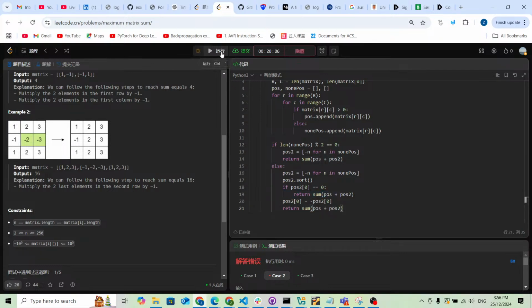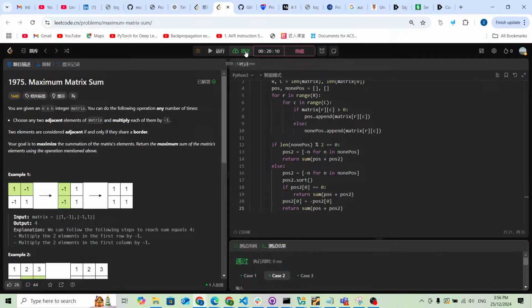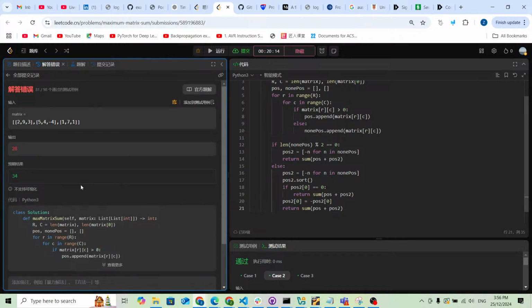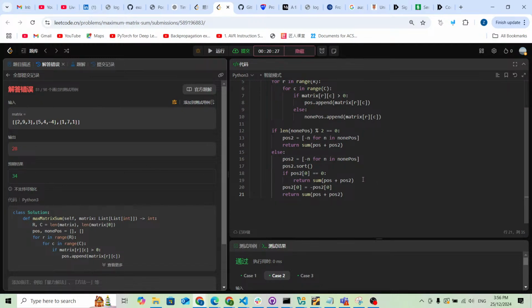Yeah. Now let me just run it to check if it works. Now as you can see, it works. Now let me just submit it to check if it can pass. Yeah, in some cases it didn't work. In this example, I think I did something wrong. If there's a 0 inside, everything is okay. But if there's no 0 inside, I need to,